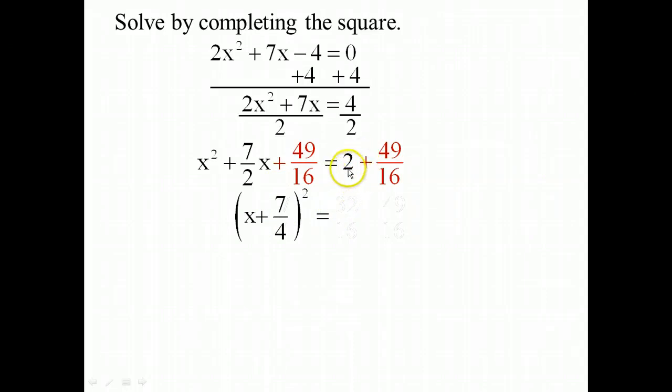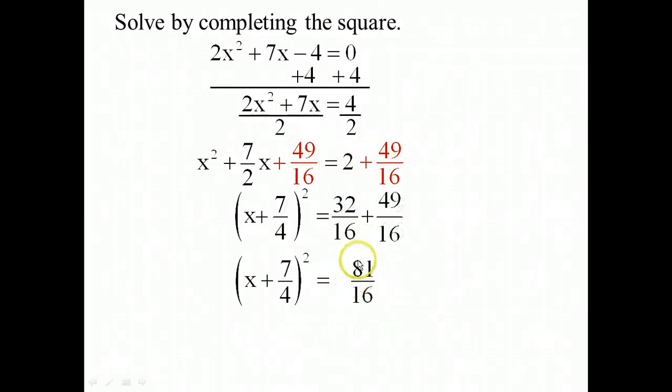Now, in your calculator or on your paper, go ahead and type in 2 plus 49 over 16. Using common denominators on paper or just on your calculator, either way. And many of you will get a mixed number. If you hit shift and then the fraction button, it will give you the improper form. We want the improper fraction. So hit enter. If it gives you like 6 and something, then you can hit the shift fraction button. It'll give you the correct improper fraction, which is